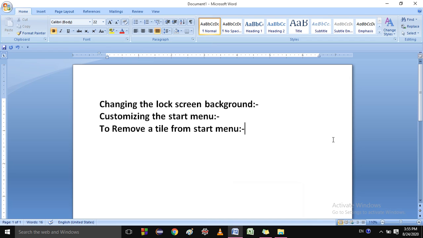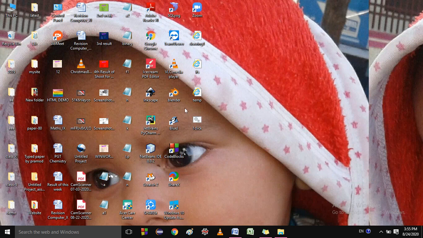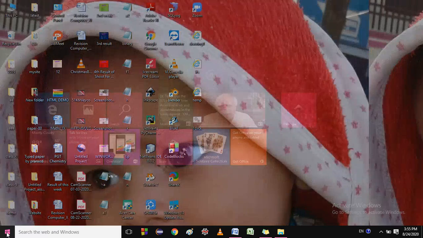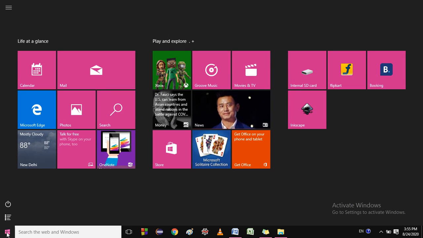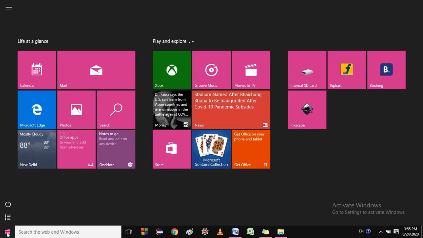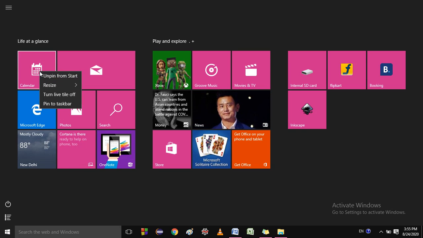So students, the same way you just click on the start button. This is the start button. First step is click on the start button. Second step, right click the tile you want to remove. Suppose I want to remove the calendar from the start menu. Right click on this one.